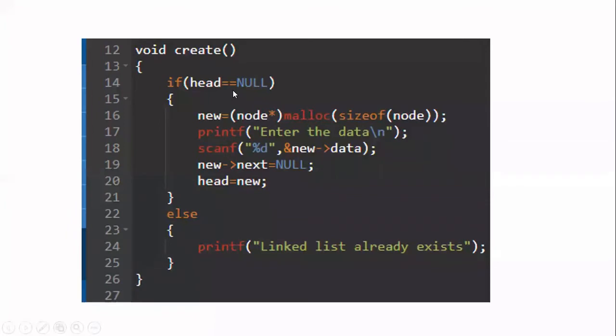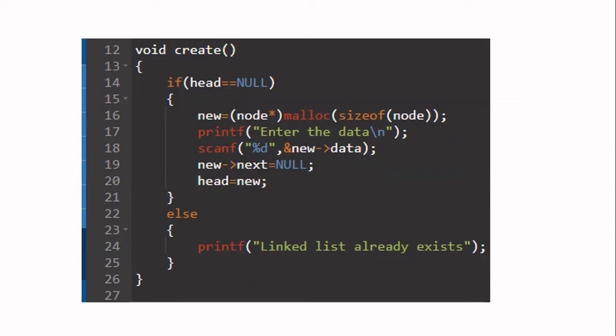If this condition is true, that is, if head is equal to null, your linked list is empty, you create your linked list. So in creating, remember the steps. First step is allocate the memory. So I am allocating the memory by means of malloc. Now try to focus here. In malloc, inside sizeof, I am giving only node. In the previous example, I told you struct node, but now I am giving only node. The reason is, I have used typedef to create a short name for that particular structure. So wherever I need a struct node, instead of that, I'll be writing node now.